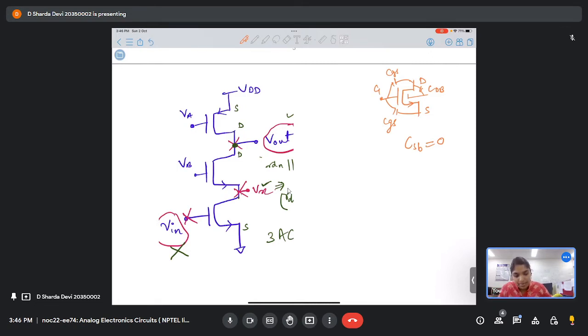Okay. So in this first one, you will see like 1, 2, 3. So this is CGS1. Here you will have CGD1 and CDB1, right? Since body and source are connected to ground, I am directly connecting it to ground. So CDB1, right? Likewise, this transistor will have